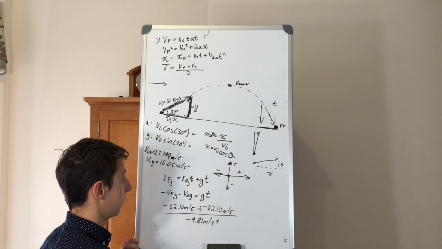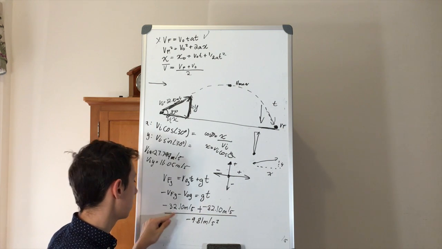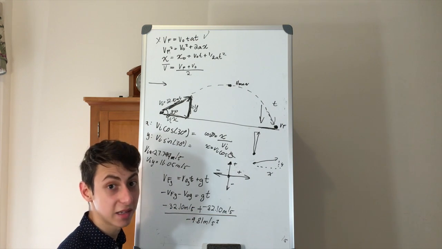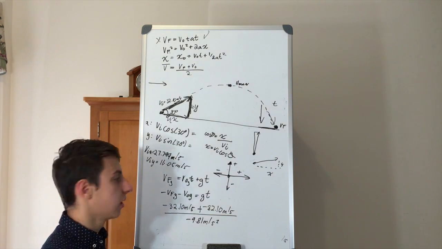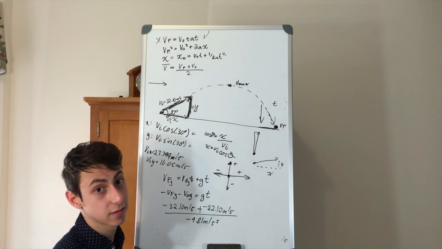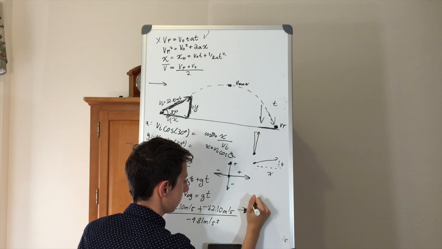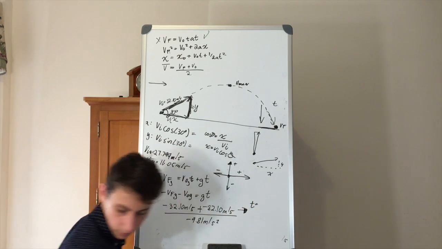So if you didn't flip the sign, what you would have gotten is 32.10 minus 32.10 is equal to 0 seconds. That doesn't make sense. And that's what I'm talking about. You know when you make a mistake in kinematics, usually. So our time is going to be equal to